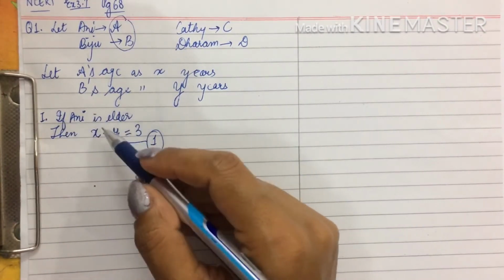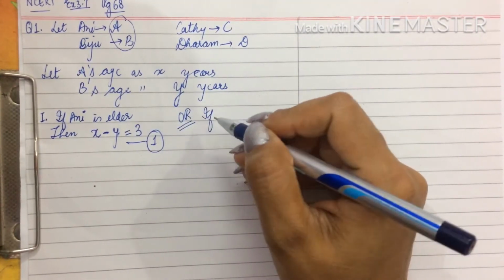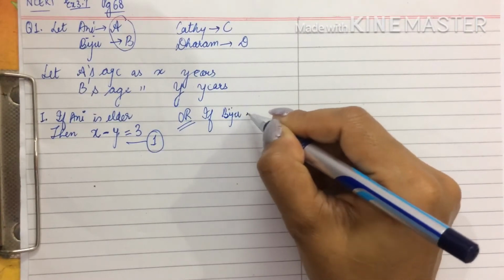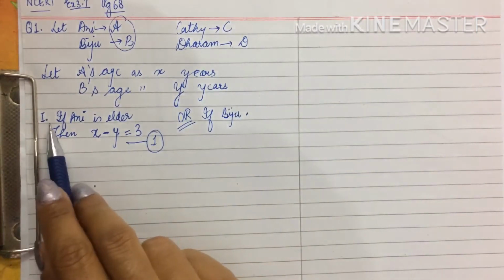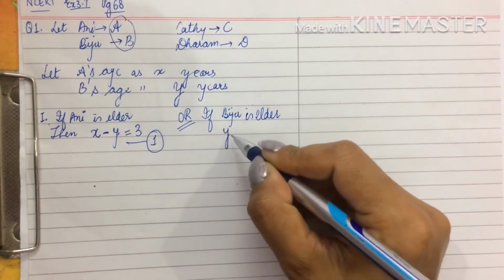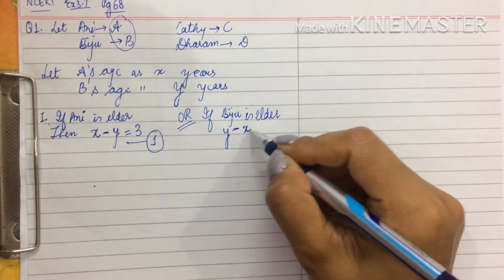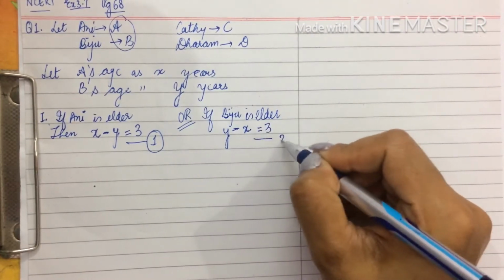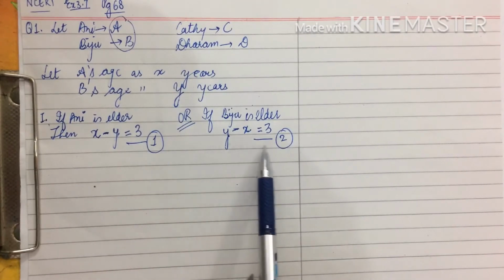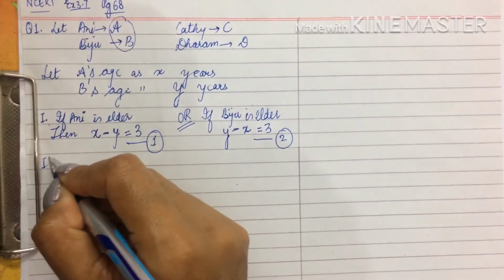The same condition can also be written in this way. If Biju is elder, this is the other way around, the other possibility for the first condition. If Biju is elder, then the age of Biju will be more minus the age of Ani, the younger one, equals to 3. This is your second equation. You will be taking only one of these two at a time. Then second case,